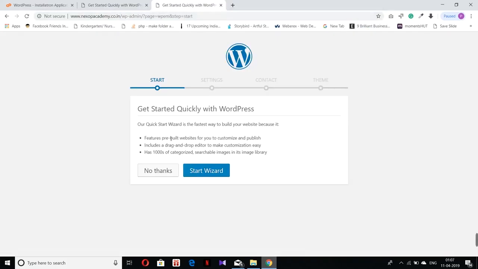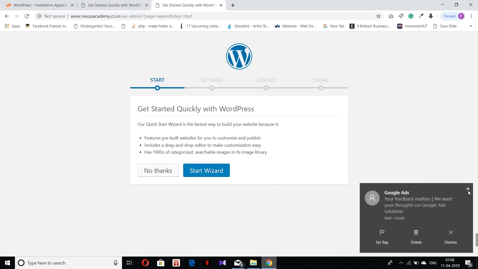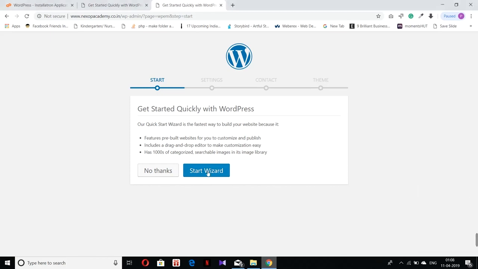Okay, you can see that WordPress has already given us an account, from where we can start the process of installing the website. Okay, click on the start button.